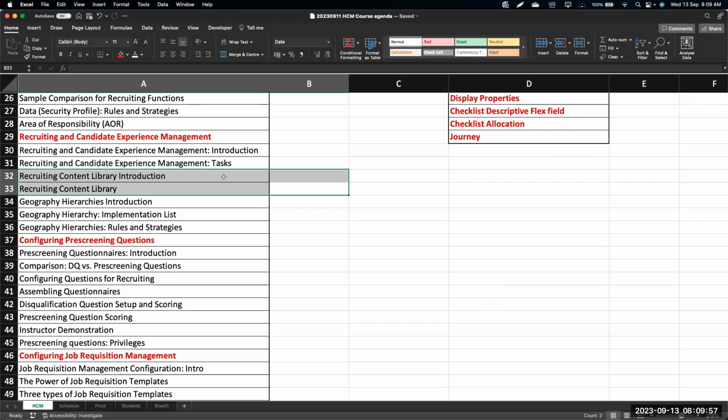Let's say when the candidate applies to a requisition, we want to send a thank you notification to the candidate. This thank you notification, we will be creating in the content library.